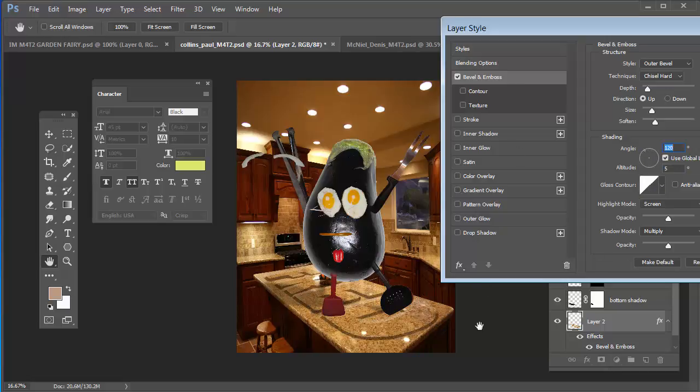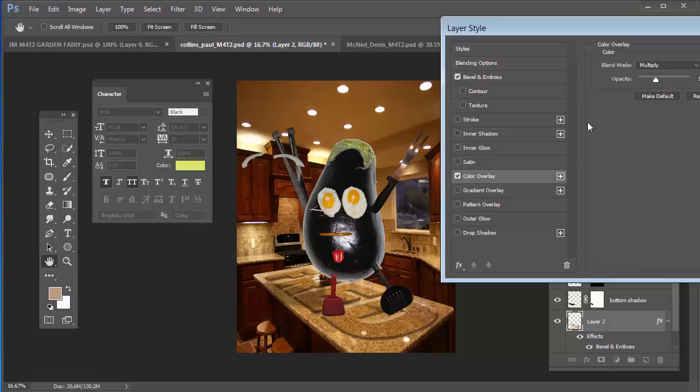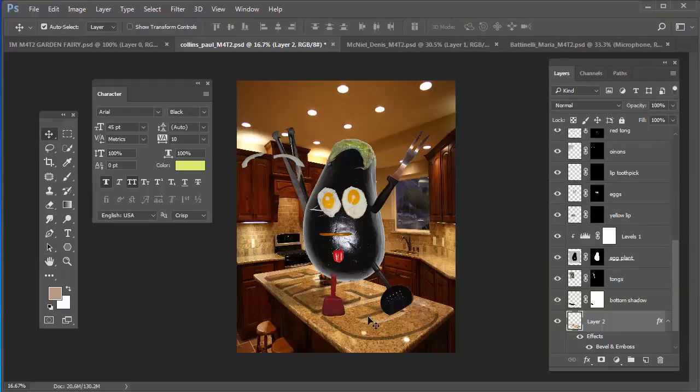All right. So something like that I think looks good. But you can also experiment with other things. If you select color overlay, you can even change the color. Just want to keep it low so you can see. So experiment with that kind of thing. All right. And now with the text,